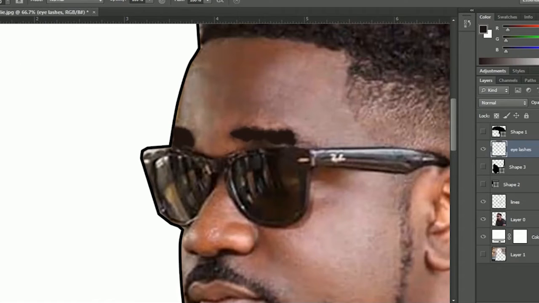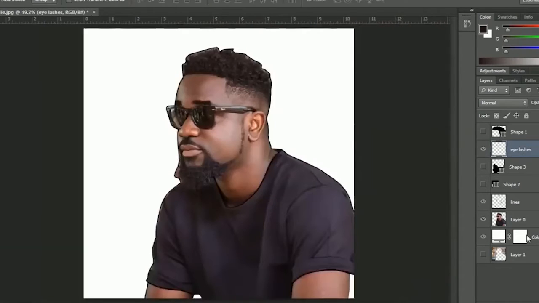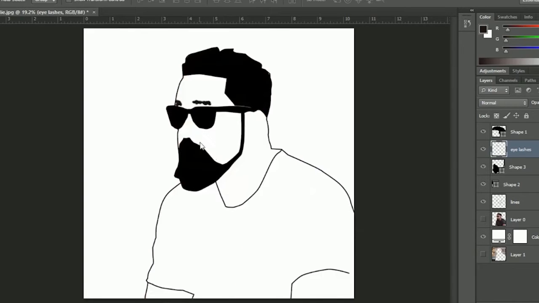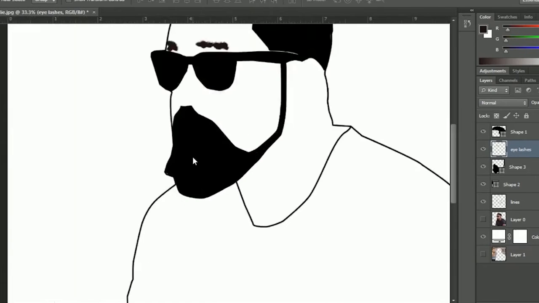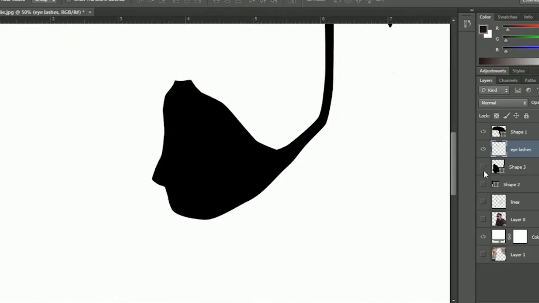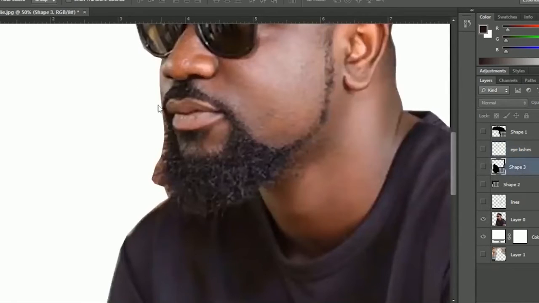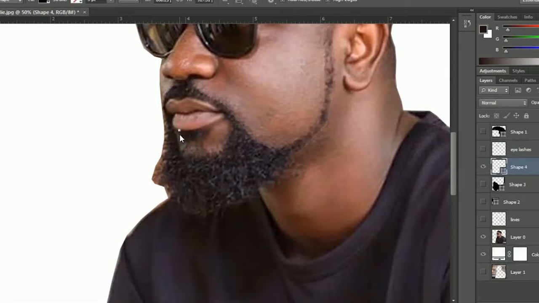Good. So any step that I do, I just make sure that I go over to check if I'm on the right path, because sometimes you might be doing stupid stuff where you will not even know. So we are getting along with this thing. So the next thing that I will do again is to turn off all those things, and then I'll turn back my picture. But you see, we drew this shape over here, whereas we have the mouth inside or underneath of this particular shape. So what we are going to do is we're going to choose the pen tool again to draw this particular small beard over here,